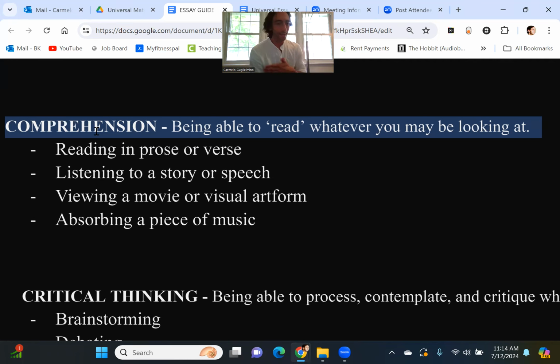So if you're able to do that, I think that's an absolutely strong sign that you have a pretty solid level of comprehension if you're able to sit down and listen to those things. Then to something a little bit more contemporary, but still harkening back to the ancient comprehension modes, is being able to view something, whether it's a visual art form in the form of a play, a painting, or a movie. I think those absolutely are things that we could comprehend and read at the same level of depth, maybe even deeper in some instances, than an actual written piece of artwork.